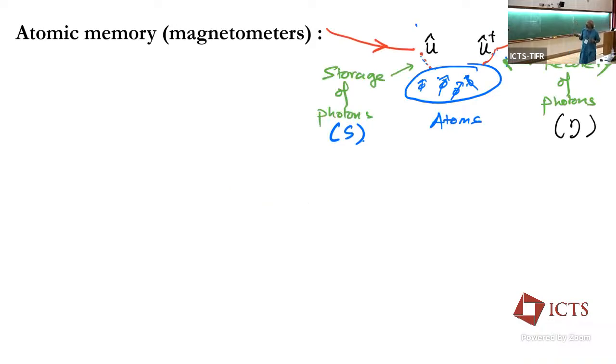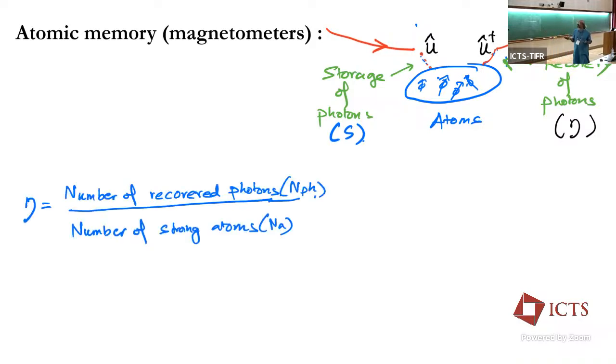If I have time, I'll come to a little more detail on this memory. But suppose somehow, when you stored the photons, the atoms are also subjected to a magnetic field. And when you are retrieving the photon, the atoms spit out whatever they learned during that time about the magnetic field back to the photons, right? So then how would the sensitivity scale?